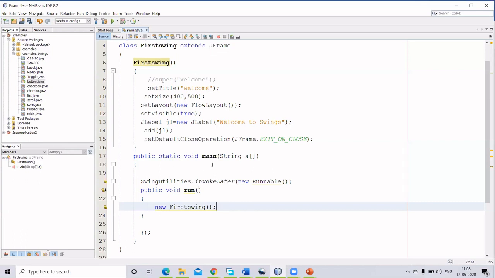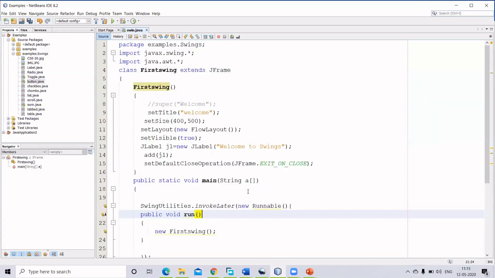Totally in this program, how many threads are there? Yes, ma'am, 2 threads. One thread is the main thread, another thread is your JFrame thread. So JFrame will be executed separately, and in your main method, whatever you have given after this line, you can give any number of statements. You can use system.out.println, or you can use any other method.